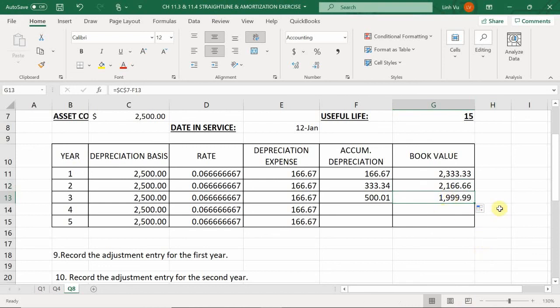So book value, the cost of the asset minus the accumulated amount, 1,999.99. Perfect. Okay. So then, what's my accumulated amortization for year 4? 666.68. Okay, good. Bringing my book value to be